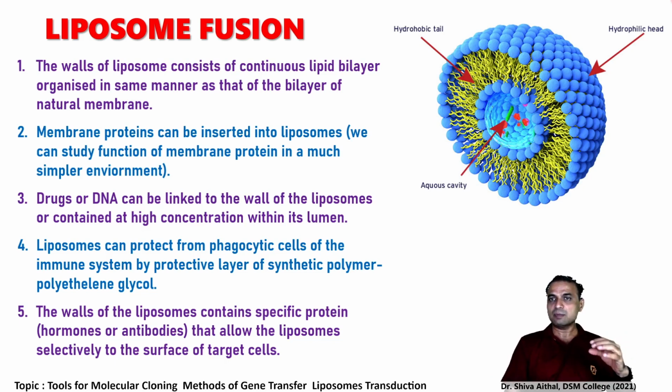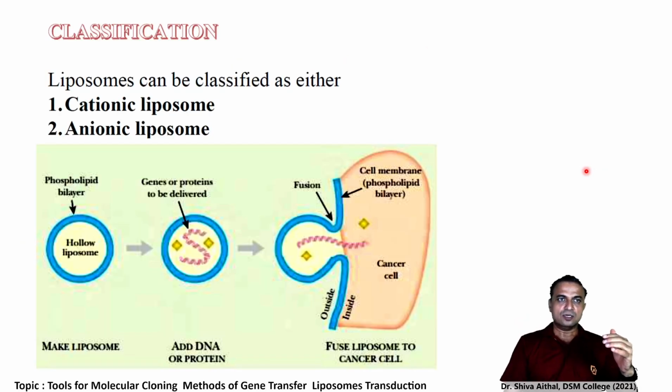These liposomes can be protected from the phagocytic cells of the immune system by a protective layer of synthetic polymer, such as polyethylene glycol, or PEG, as it is popularly known. The walls of the liposomes can contain very specific proteins, hormones or antibodies, meaning the coating is usually done, and this allows the liposomes to attach selectively to the target cells. Now liposomes can be classified either as cationic liposomes or anionic liposomes, meaning two types are used depending upon the type and nature of the